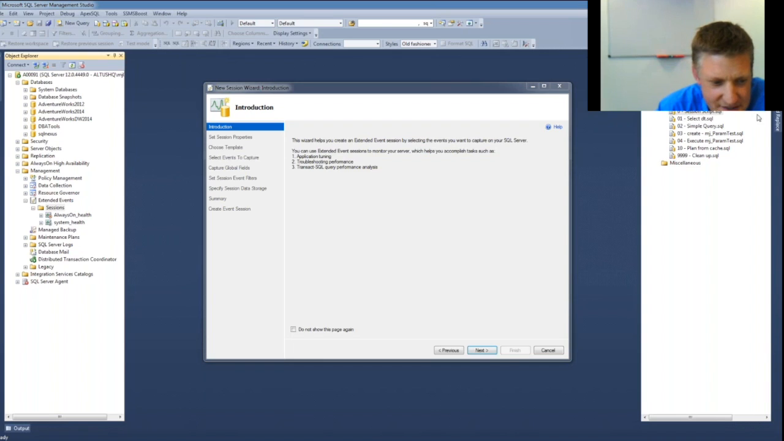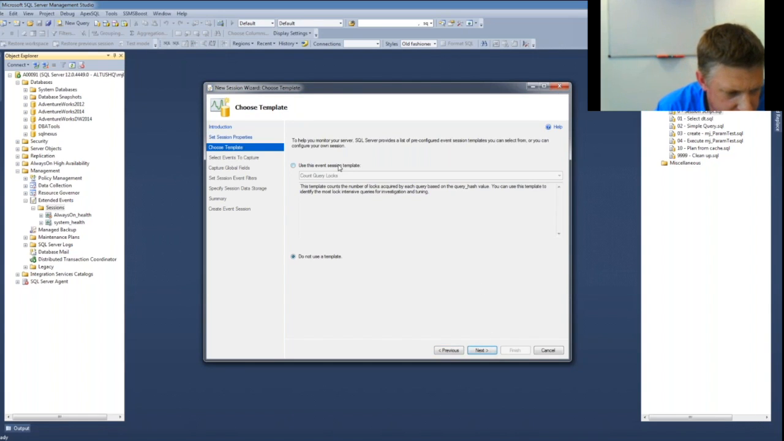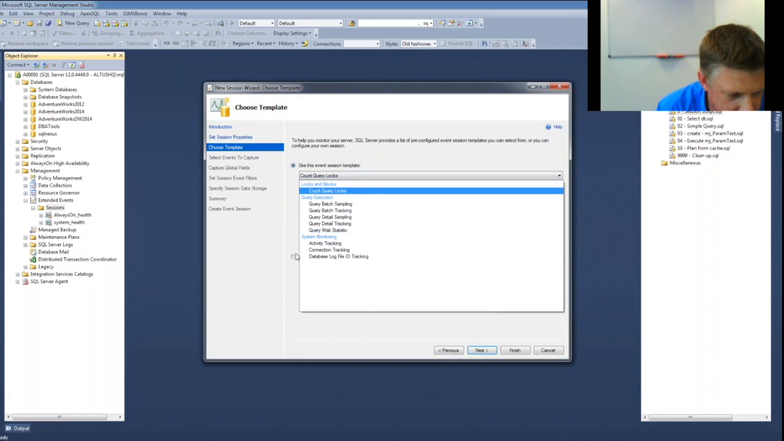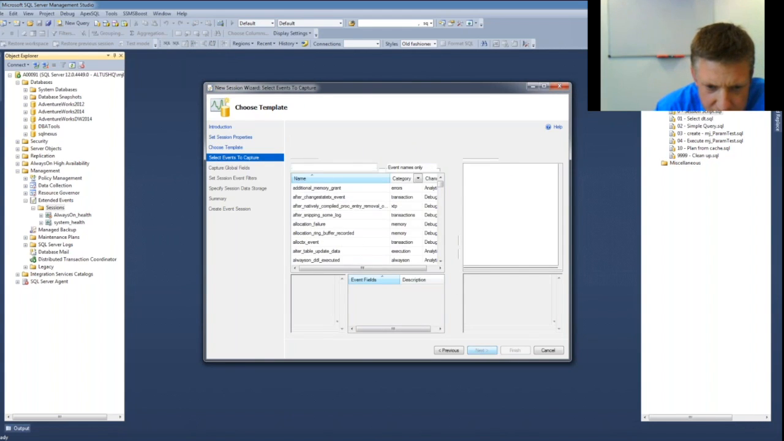Okay. So we're going to click through the wizard and give our session to start with a name. We're going to call it simple query performance number 1. And there are a number of templates you can use. We're not going to worry about any of those today. We're just going to go straight through and make our own one up. And we're going to pick